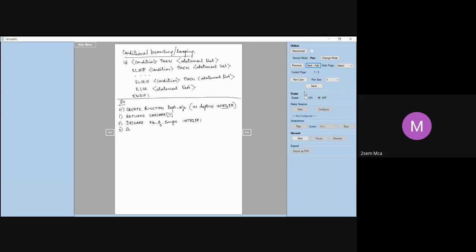Select. Then I write my procedure body. Count of star into, sorry, this is not that.